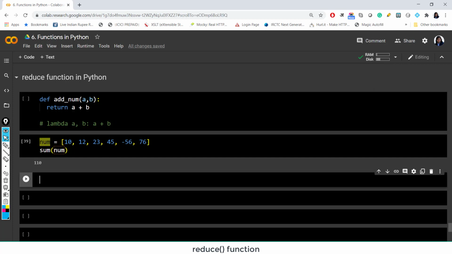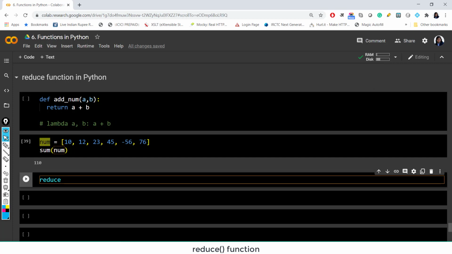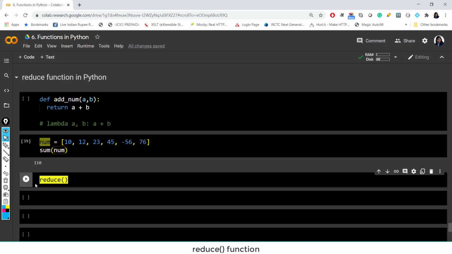So for that you need to use reduce, and when you use reduce, what it takes is, okay, I can't see the documentation here for this function. Usually when we write a function and we are not sure what parameters it takes and we want to see the documentation, our IDE suggests the documentation. In Colab you might have seen that it was suggesting me the documentation every time, like when I was writing the sum function. And if we don't see the documentation, we press Ctrl plus space on our keyboard to see it. But I can't see the documentation for this function because reduce is not an inbuilt function in Python.